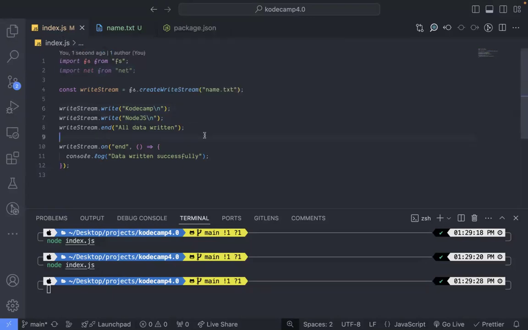But in case we have another folder, let's say a folder named files, and inside of that folder we have the name.txt, you can do something like this. Move out to this files folder and then locate the name.txt inside of that folder. But since it is in the same directory as